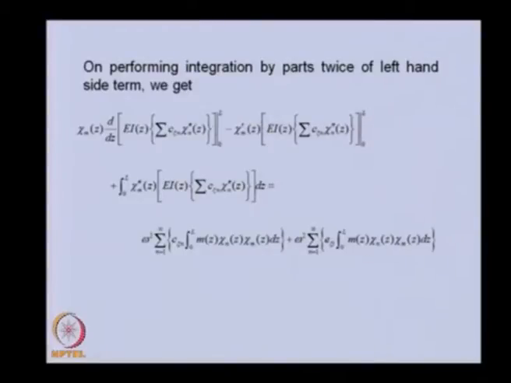So in two steps we are doing the integration by parts in one shot, and then the third term will be the double derivative of this and the integration of the second term twice. And this term we have split into two parts: this corresponds to the response and this corresponds to the eccentricity.